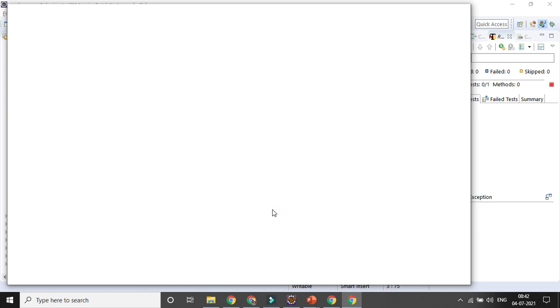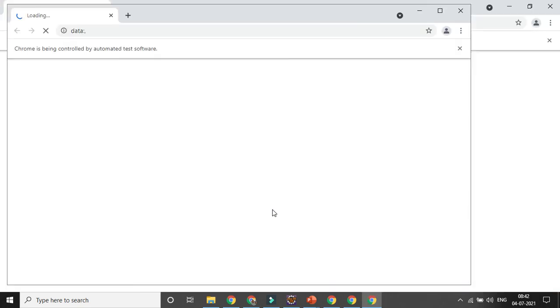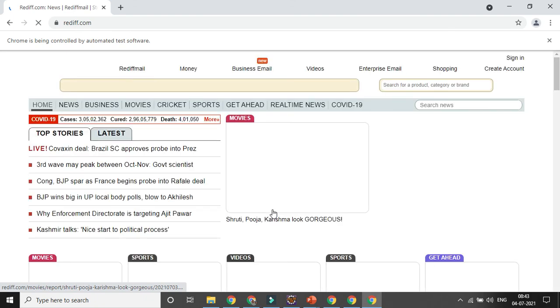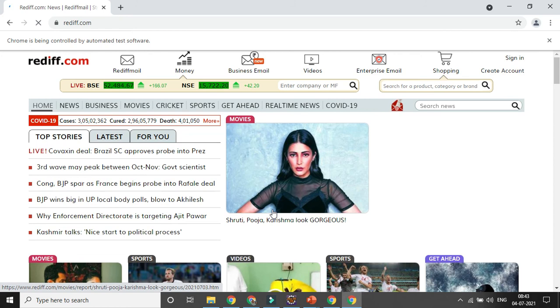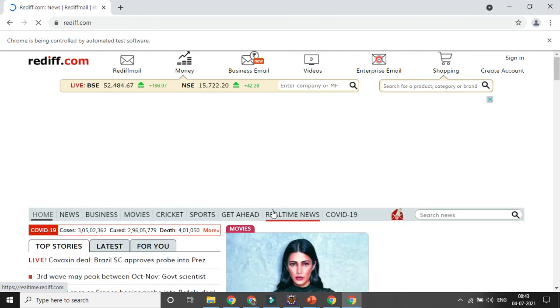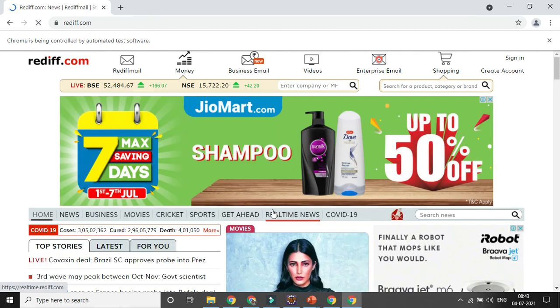Some of the execution you will not be able to visualize because it is starting in a parallel way, right? So you can see everything is running simultaneously. So definitely, at least 50%, 60%, 70% of the time, sometimes you can save. So in case you are in a crunching timing situation, you can go for the parallel testing approach. You can also distribute the test cases across multiple browsers at the same time, Chrome browser, Firefox browser, whatever browser is required, using multiple threads, and it will run very fast. So you can save some time.